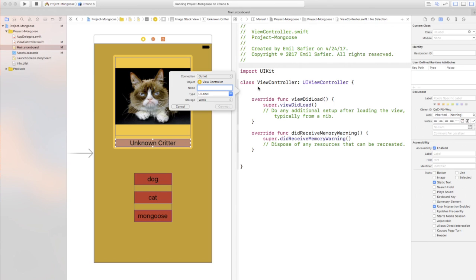And when we do that, we get a little pop-up screen, and it will give us a connection between the UI view and this class. There are several different types of connections. We'll select an outlet. We'll give it a name, and the name will be critter